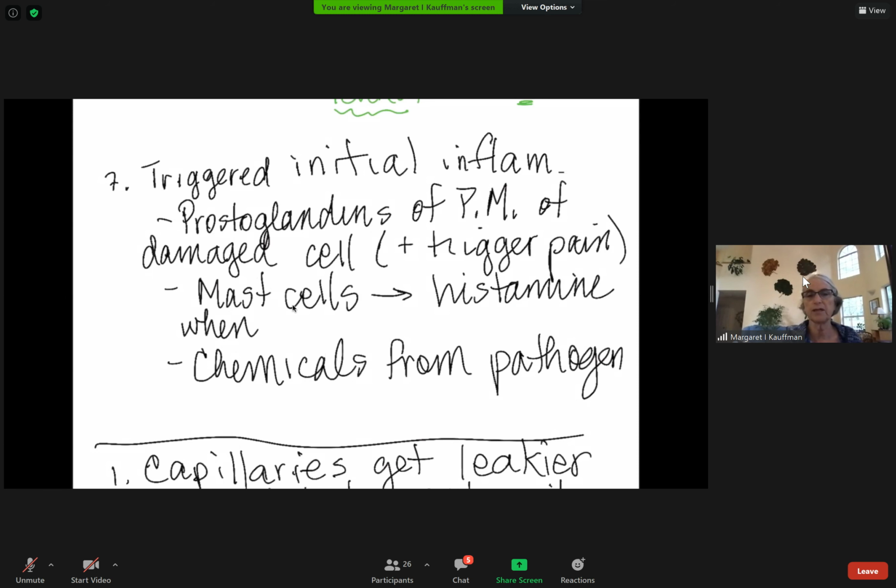Mast cells, now when mast cells, if they're not damaged themselves, what causes mast cells to start to release their histamine that we talked about? Anyone, Dina, or anyone else? They have to bind something. The PRR to PAM. That's right. When their PRR binds a PAM. Now, they probably also respond to cytokines, but the book doesn't bring that up, so I wouldn't